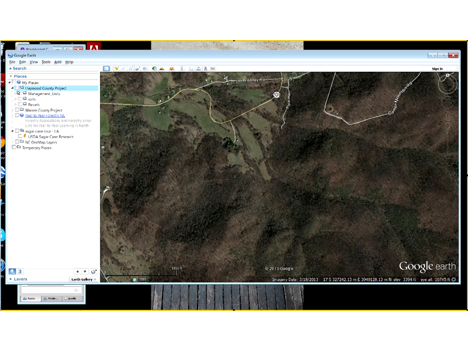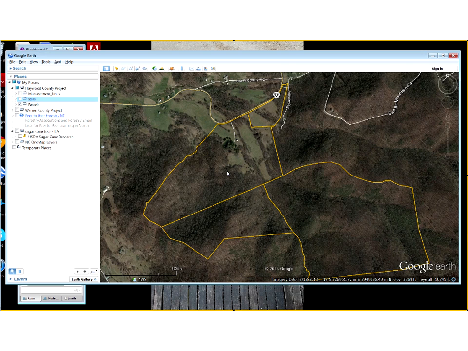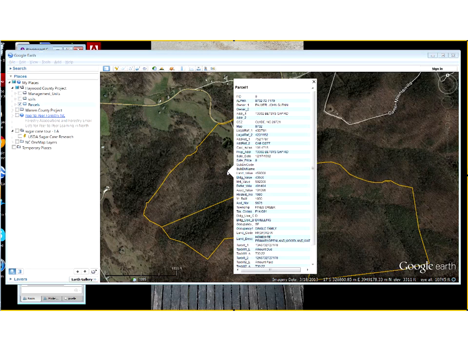Okay, so if I want to turn on that information, I just click the little checkbox, and I've got all kinds of good stuff here. All right, so first thing I'm going to do is show you the parcels. So that's the parcel information. If I click on that, in this case, I actually had the opportunity to